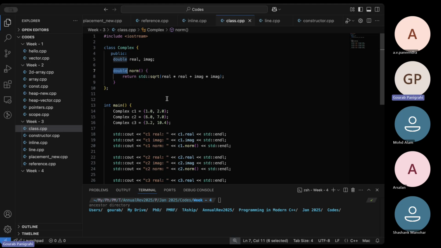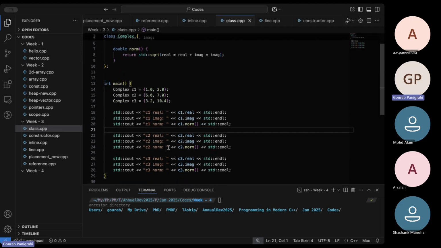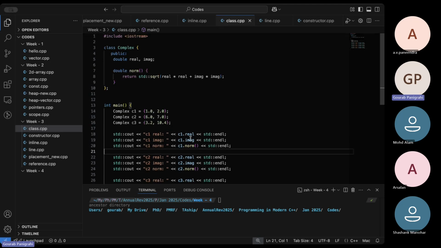I can reuse this function for any object that I make, any complex number I make. So, as an example, we see this C1, C2, C3, three complex numbers. Because I have made them public, real and imaginary, one can print the imaginary and real parts of each of these. The nice thing is I can just call norm and corresponding to each